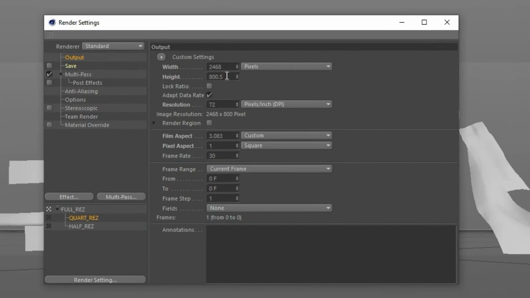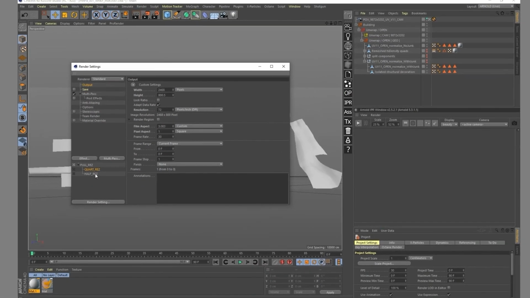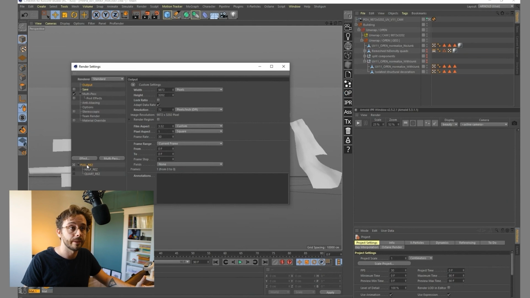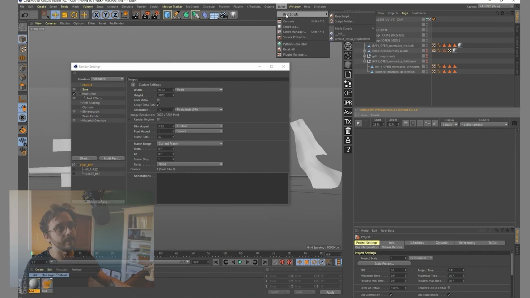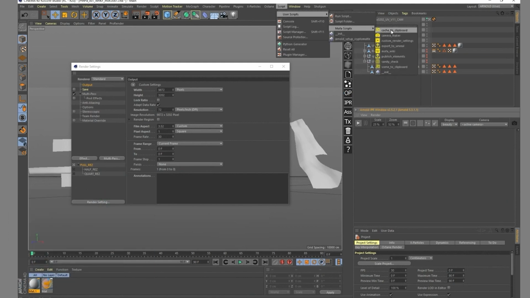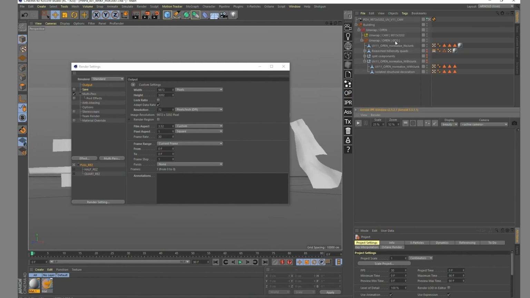So right now I already have something that is easier to work with, because I will be able to work with full resolution when I need it, and also just switch to something else all the time. So that's the first step of that project. We need to build those render settings. Then I need to output the file I'm going to work with in a specific folder. For that, we have an amazing team of pipeline and technical directors that made a lot of scripts for us, one of them being custom render setting.